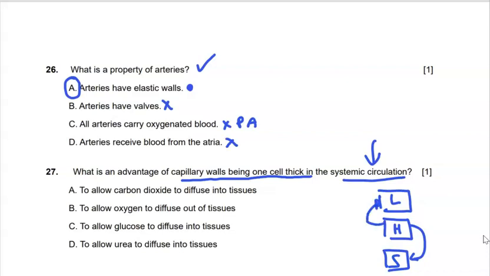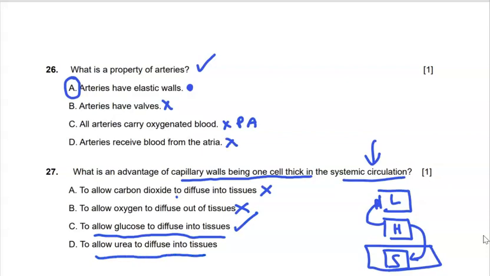This is significant. To allow carbon dioxide to diffuse into tissues, which it does not. To allow oxygen, so the events are taking place here. To allow oxygen to diffuse out of the tissues, well, they go the opposite direction, so not that one. To allow glucose to diffuse into tissues, that would work. Let's just check. To allow urea to diffuse into tissues, urea is the waste from the breakdown of amino acids, so that is the opposite, so we would go for